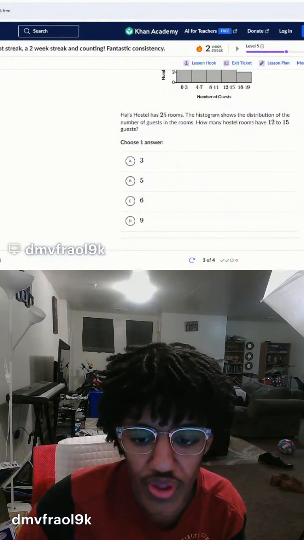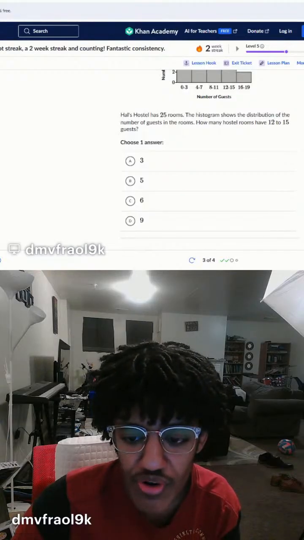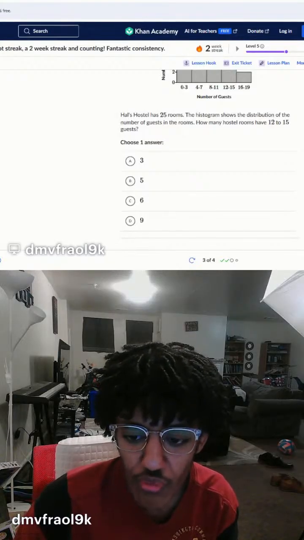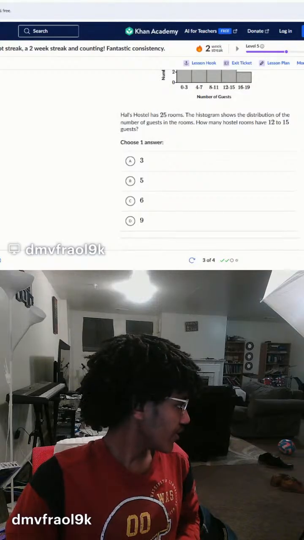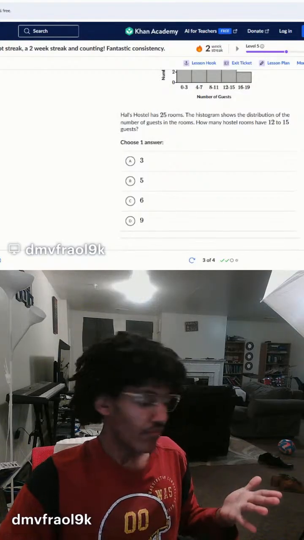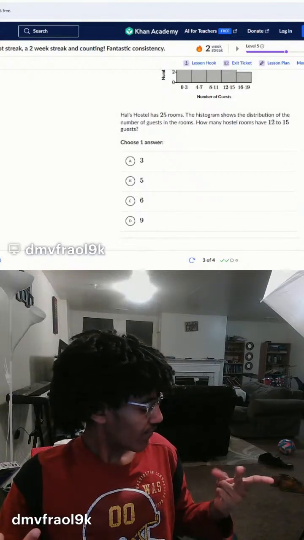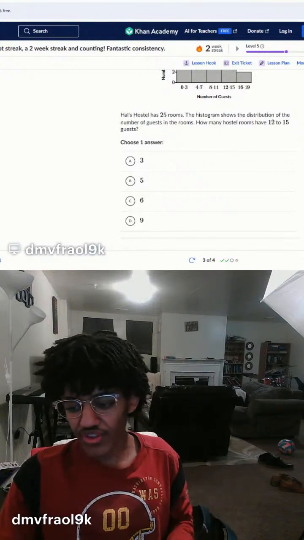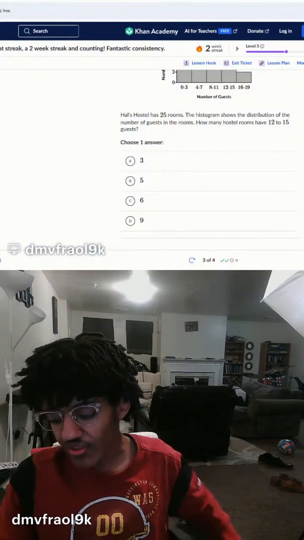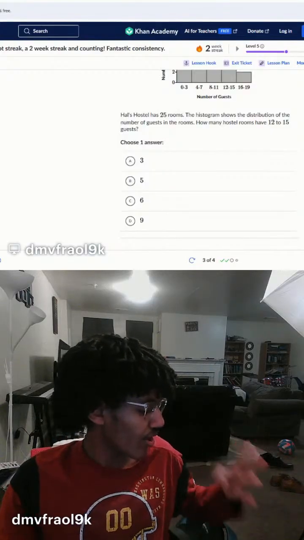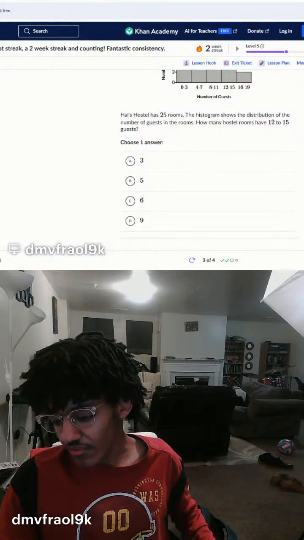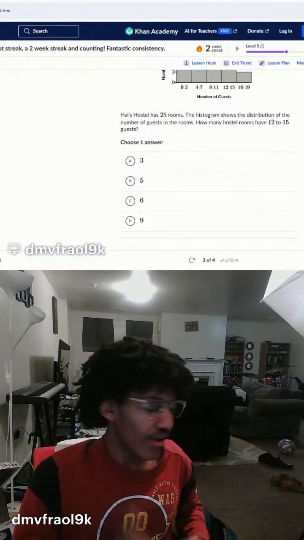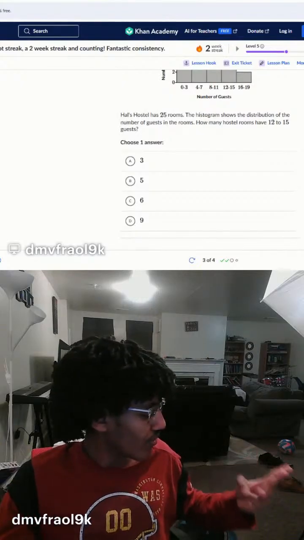Hollister has 25 rooms. The histogram shows the distribution of the number of guests in the room. How many hotels have